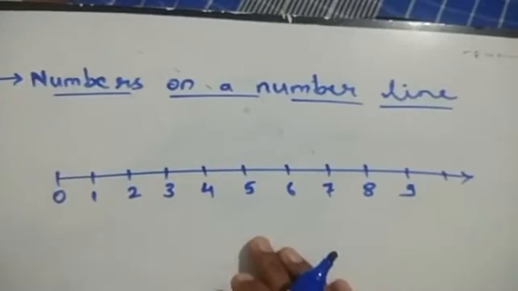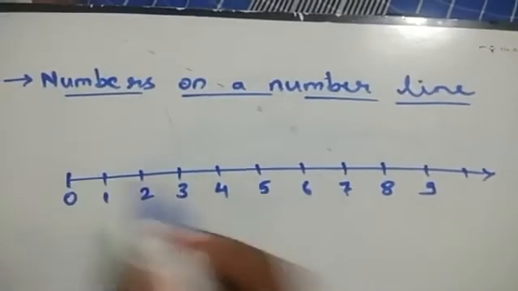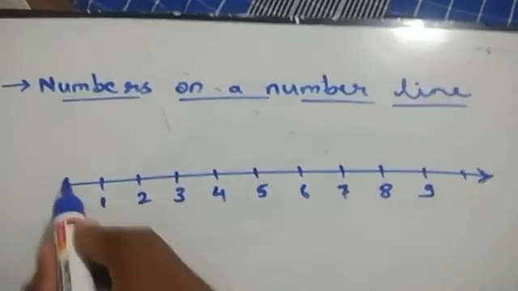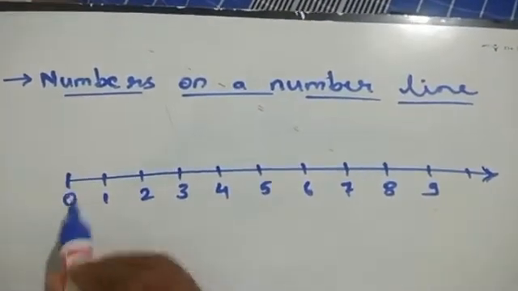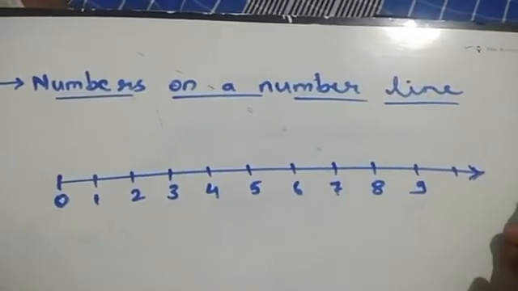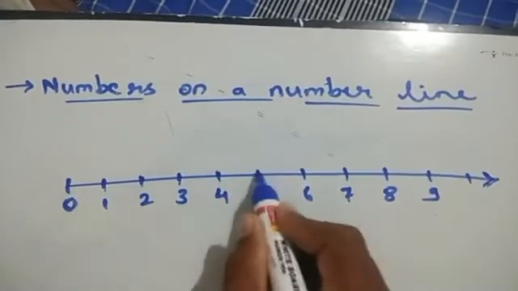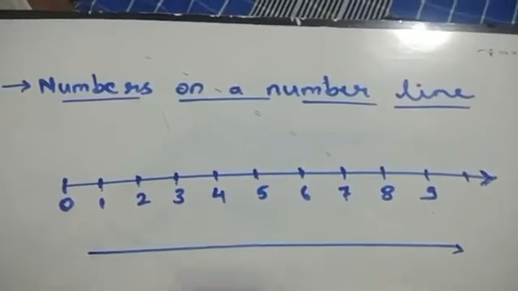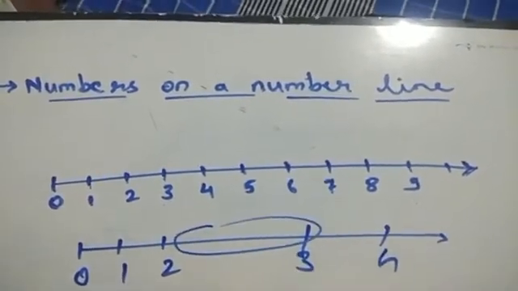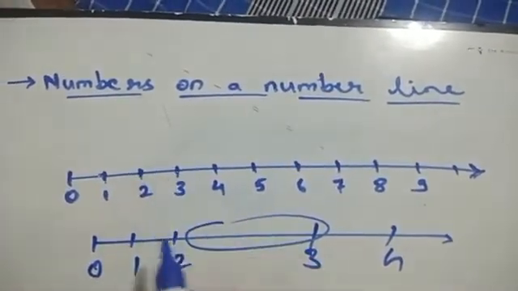Here we are going to discuss numbers on a number line. Students, draw one number line in this way. Here you show one end point and here you show one arrow, as numbers do not have any end point. But at the starting we have to show an end point, as we know that before 0 there is no whole number, but after 0 we have uncountable whole numbers. These points should be at equal distance, that you remember. We cannot show it like this: here 0, then 1, 2, then 3, here 4, with this much gap. Distance should be equal in between each two numbers.